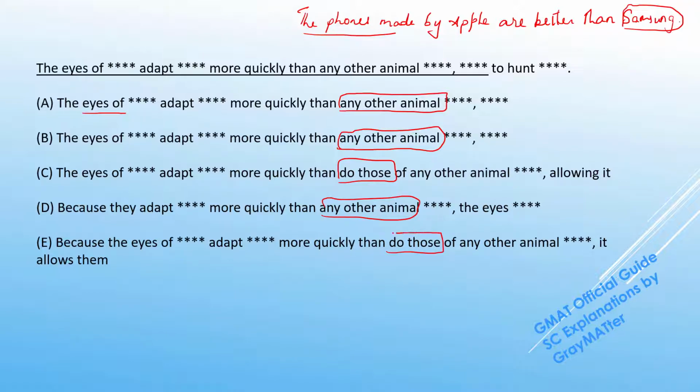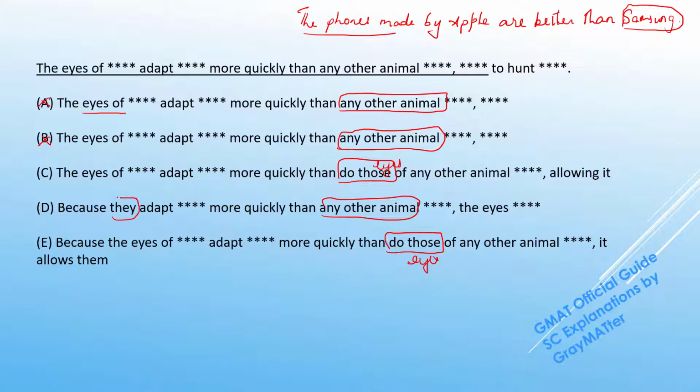So what does this do those refer to? The those is a pronoun which is obviously referring to the eyes of any other animal. So what exactly would be the right comparison here? The eyes of the seal adapt more quickly than the eyes of any other animal. So we can get rid of A and B, and in D we can notice that it's not directly saying